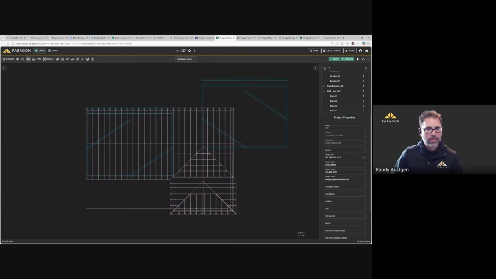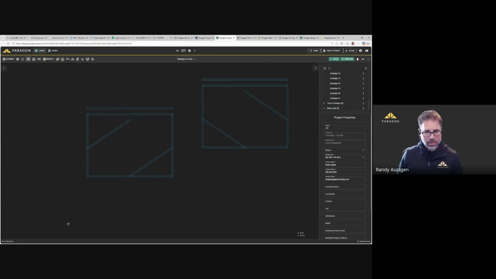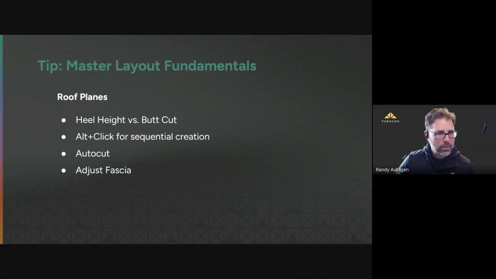Next, I'm going to delete these work lines. Let's see. We've got a few topics on roof planes. So we got heel height versus the butt cut method. Alt clicking for sequential creation. Touched on that a little bit with walls. It's the same thing.